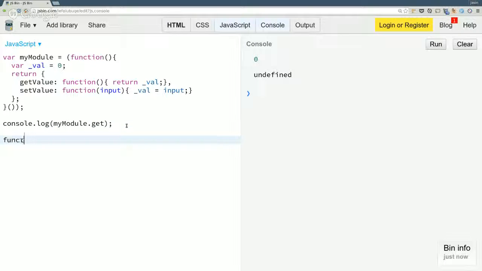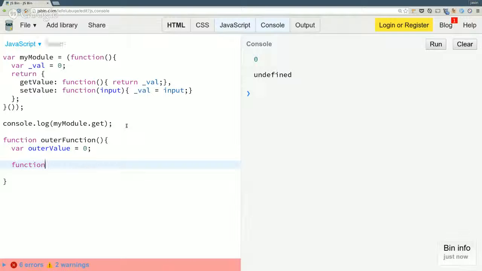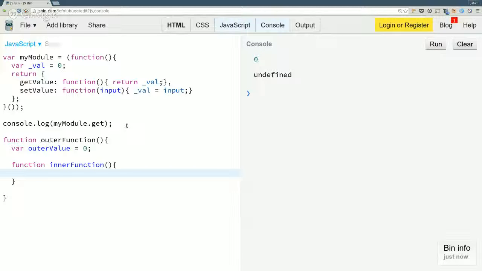So if we break it down to a more simple example, I have my outer value equals 0, and if I declare another function inside of here, which is valid JavaScript, I have access to any variable declared in the outer function.